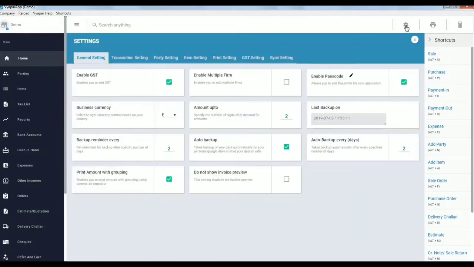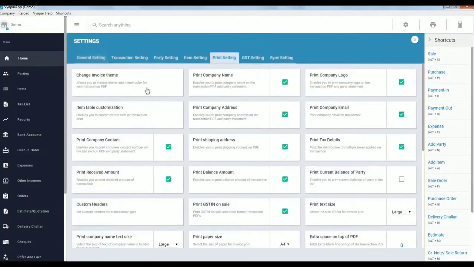Now, since we adjusted the settings, as you see we enabled print party name, print company logo, print company address. While creating the company, we have not provided these details yet. So we have to upload the logo, update the company address and other details. In order to do that, we will go to the company